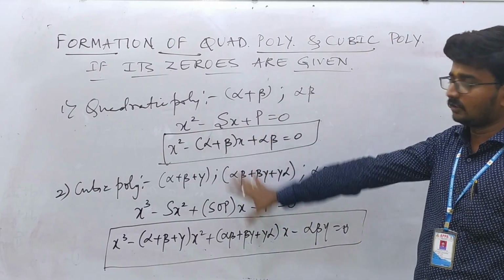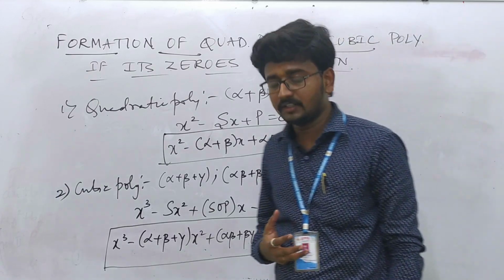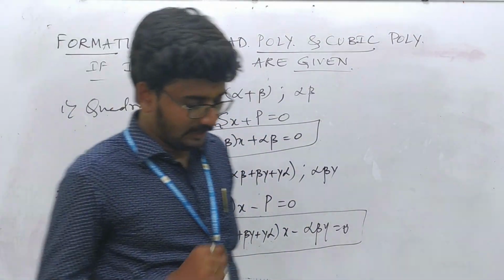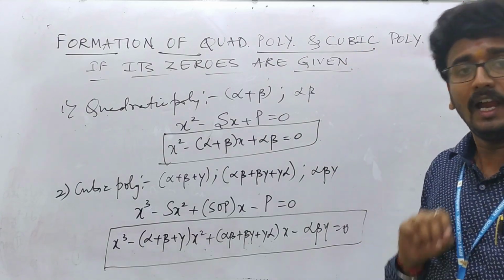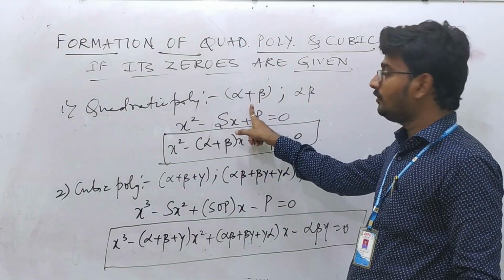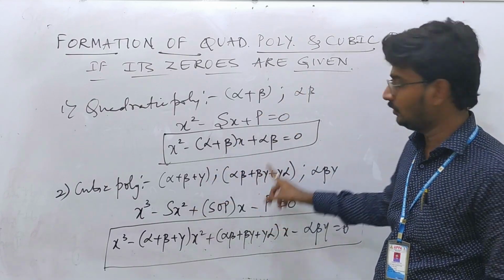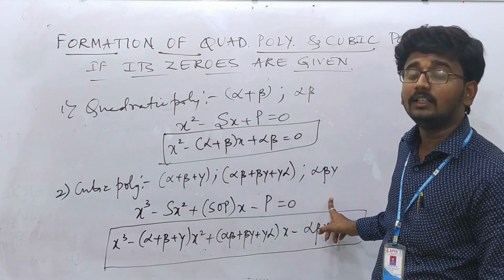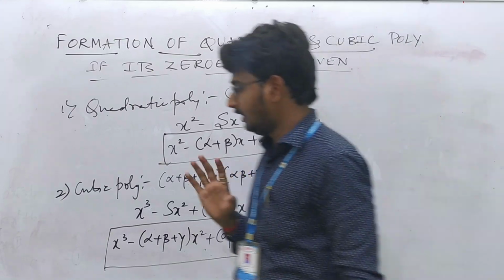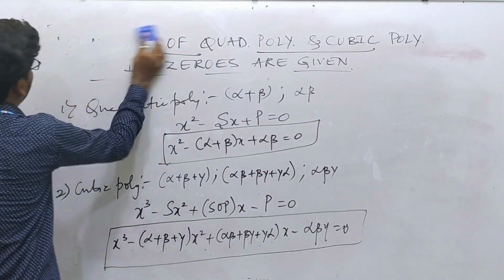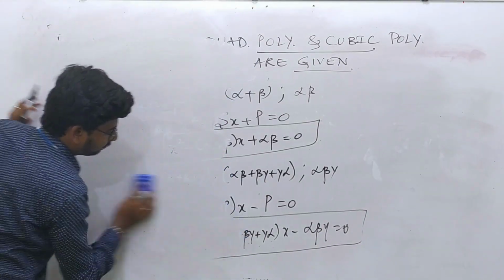So this is the entire concept of your second exercise, that is, how to find the relationship between the coefficients and the zeros of quadratic and cubic polynomials, then how to form a quadratic polynomial and a cubic polynomial if the sum of zeros and product of zeros, or sum of zeros, sum of product of zeros and product of zeros are given. Okay, so this is the brief introduction. Now let us see some examples regarding this so that it will be clear to you how the problems are to be done.